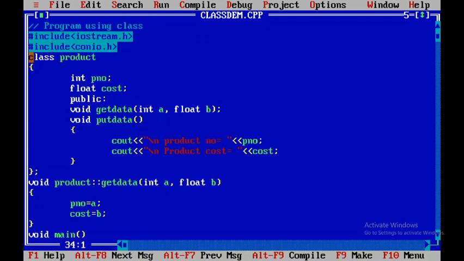Our class is declared, class product. In that I have declared, as we just saw in the example, int pno, float cost. I add a comment here: by default, this is my private data member.